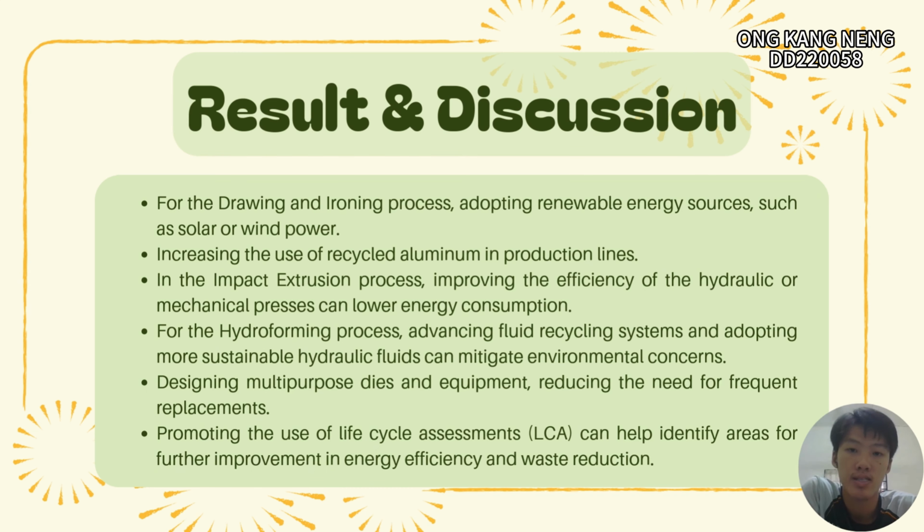Next, for improving sustainable elements in the manufacturing processes, we can adopt renewable energy sources such as solar or wind power in the drawing and ironing process. We can also increase the use of recycled aluminum in the production line. In the impact extrusion process, we can improve the efficiency of the hydraulic or mechanical press, which can further lower energy consumption. For the hydroforming process, we can advance fluid recycling systems and adopt more sustainable hydraulic fluid, which can